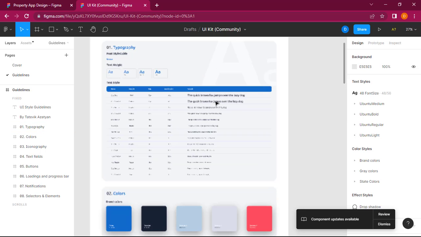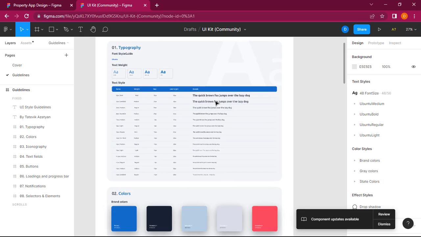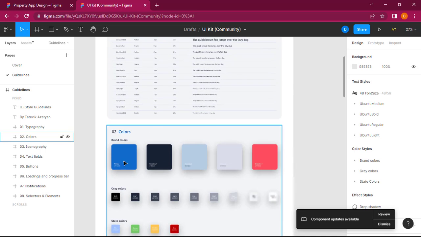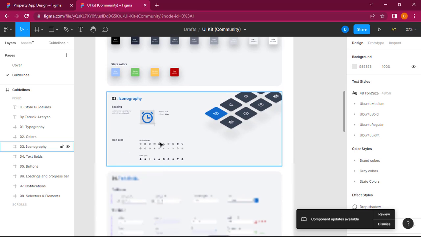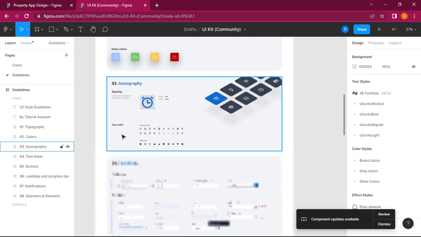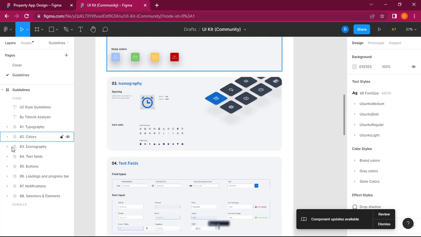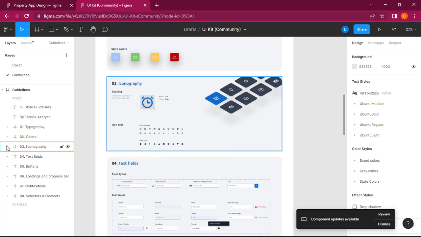So if we come here, we'll see that we basically have a startup of what we want to do. We have typography, color scheme or brown color schemes, and we also have icon sets, so we can select icons